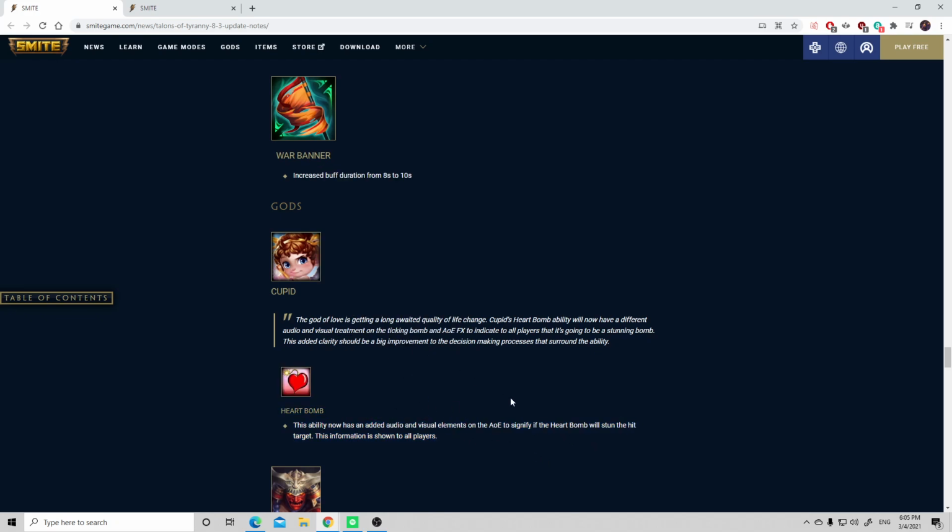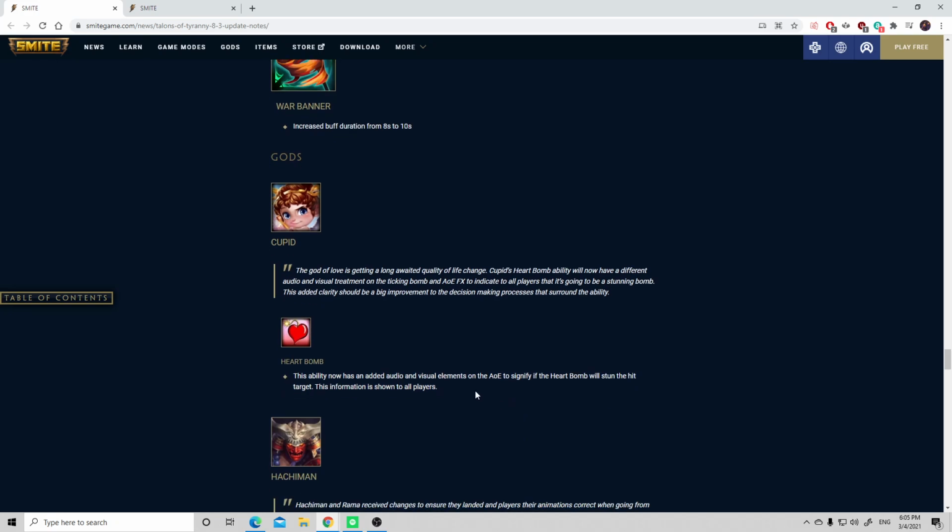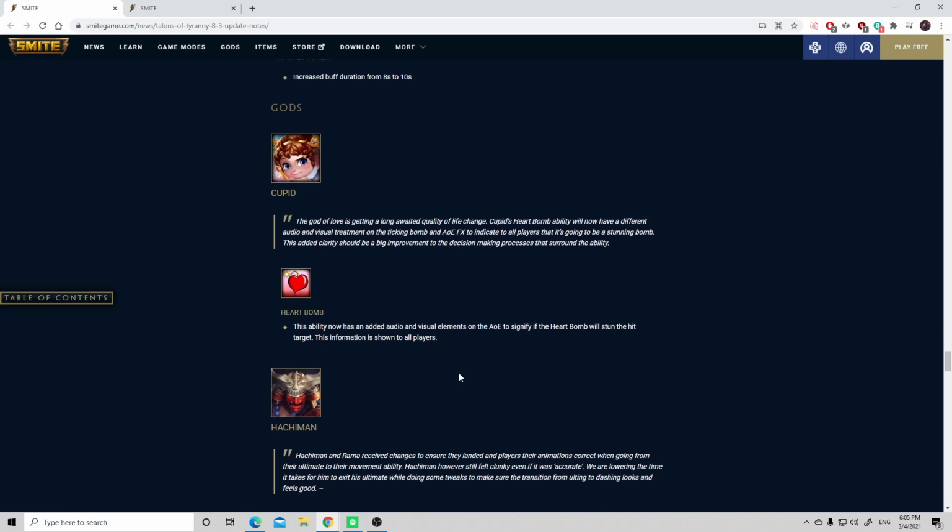That just makes it clear when the Heart Bomb is going to stun or not. So now you can actually see if the Heart Bomb will stun you or not. We don't have to call it out, because if your teammate is Cupid, you don't know if that's going to stun or not. You don't know if it's a setup or not. And your own team knows too. If my teammate gets Cupid's Heart Bomb, do I need to step away from him because I'm going to get stunned, or just tank it and run away? So